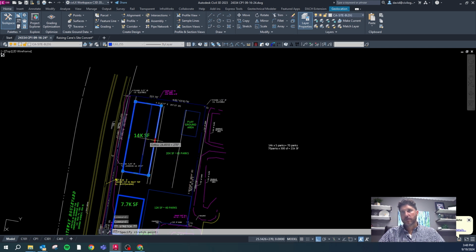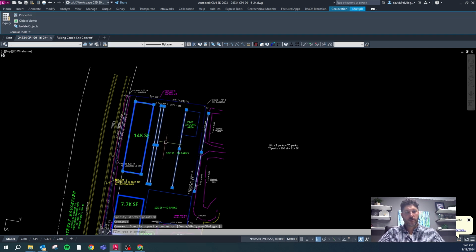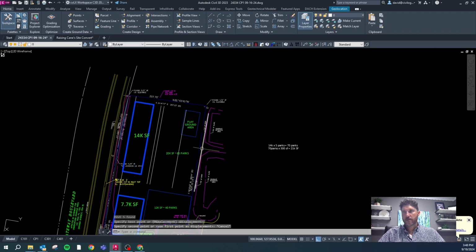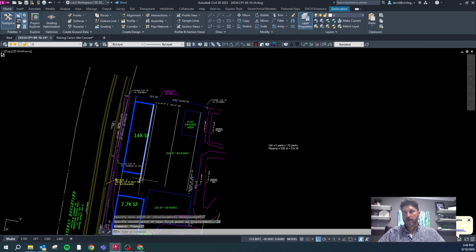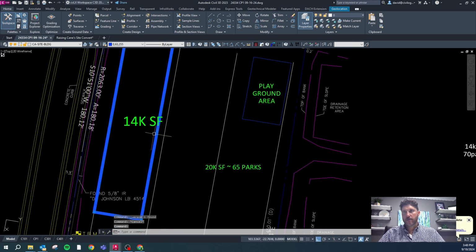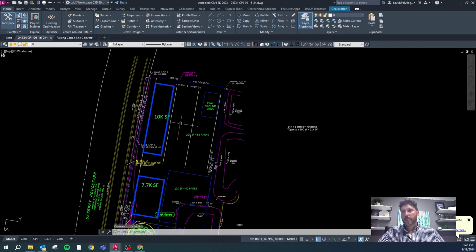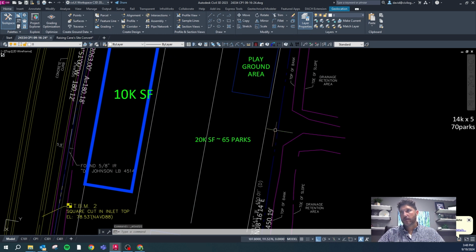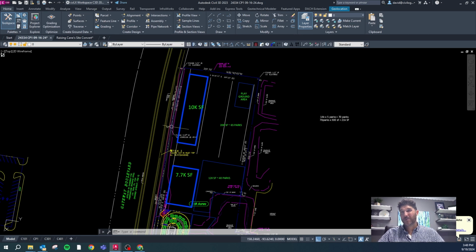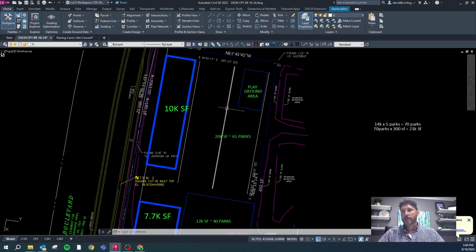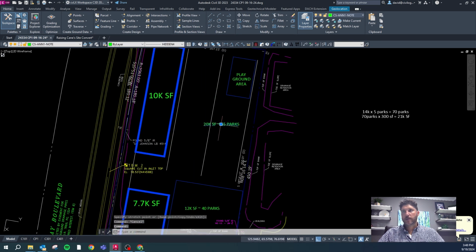So maybe we squeeze this building down to a 50-foot deep space so that we can move all of these over 20 feet so that hopefully it'll fit in the property lines. Okay, so now this is 10,000 square feet. But you can see if we're going to fit 2 rows of parking, we really need that space. It can't be much bigger. Maybe we could go an extra 5 feet, but it really depends on landscape strips, so we need to figure that out. Okay, so it just got a little bit smaller,